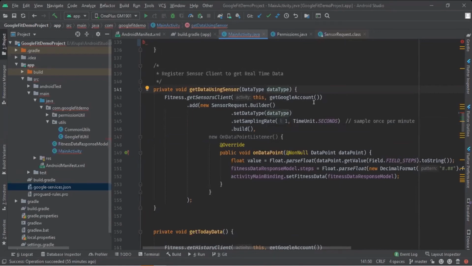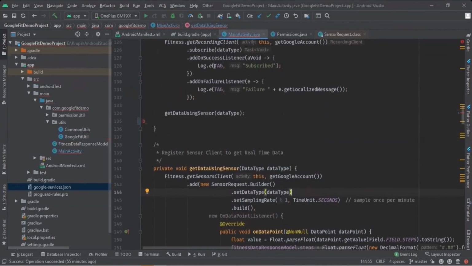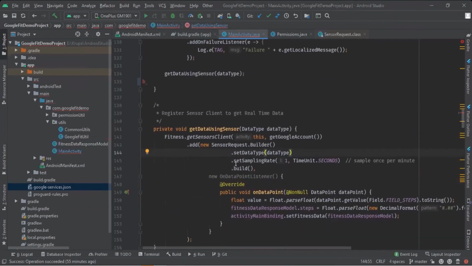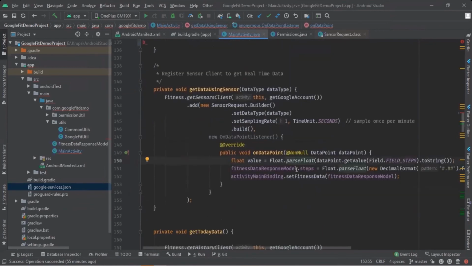If you want to fetch real-time steps, then you have to subscribe using the recording data type, and then you can use the sensor client. Otherwise, you will not get the data in real time. So if it is successfully subscribed, then call this callback listener with the sensor request, and then you will get the actual data here in the data point callback function.